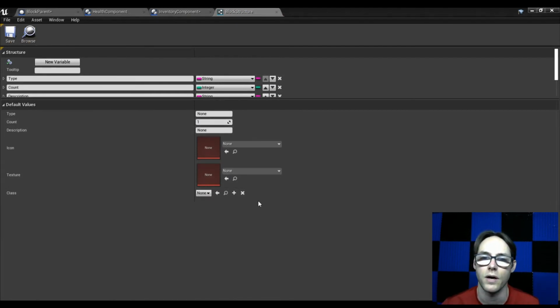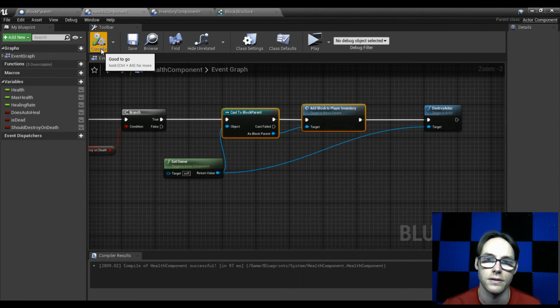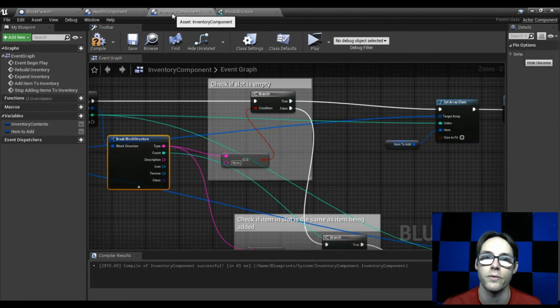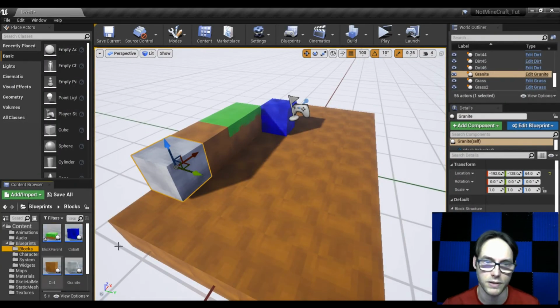Save that. Whenever you modify a structure, you do have to go back and compile everything that uses it. So compile. This one doesn't call it, but we'll compile anyway. Inventory compile, we'll compile that. And then let's go back through our blocks here. We only have a couple, so